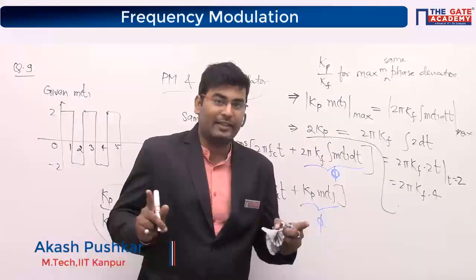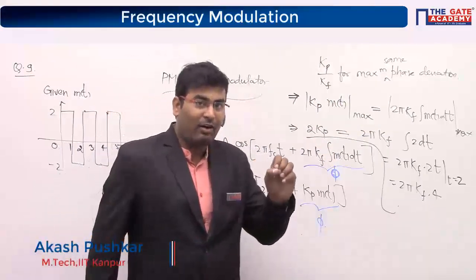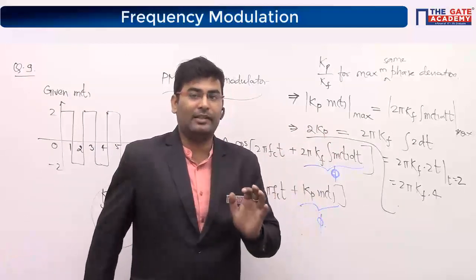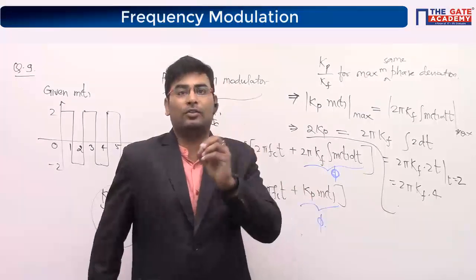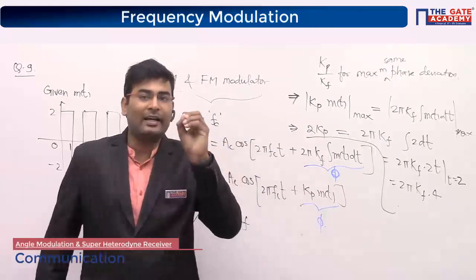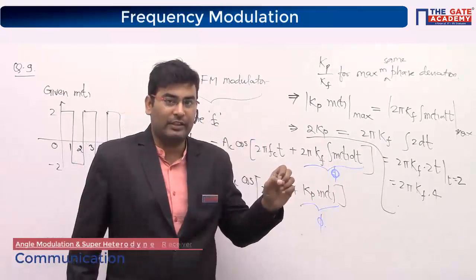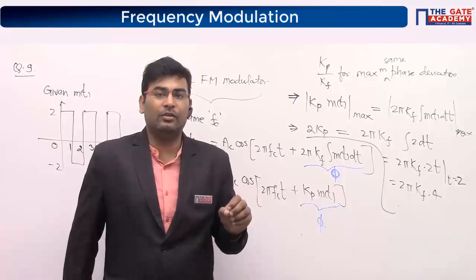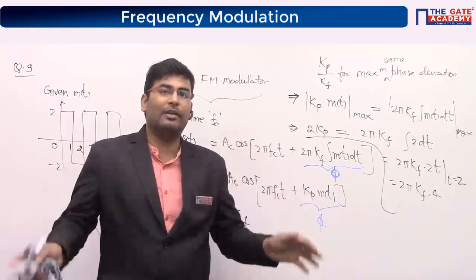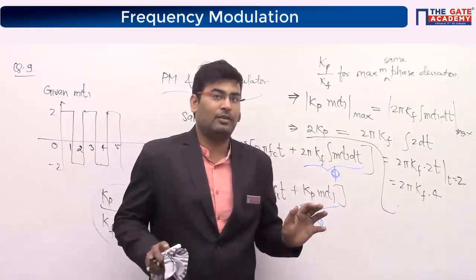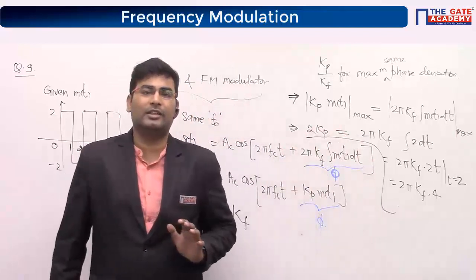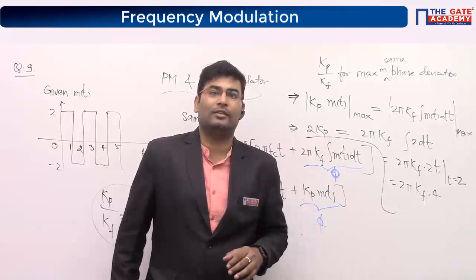But guys, did you observe one thing? GATE almost, if you look at the module, and I created this module after sitting a whole day, you cannot imagine it. The way I have put the questions, which questions I should take. If you look at the module in its totality, you will see that they are hitting every time on the very first equation, which is theta i equal to d omega by, omega i equal to d theta i by dt, and the summary page I gave you. Do you guys agree with me or not? They are almost asking every question around that premise. Did you see any question on generation? Did you see any question on demodulation?